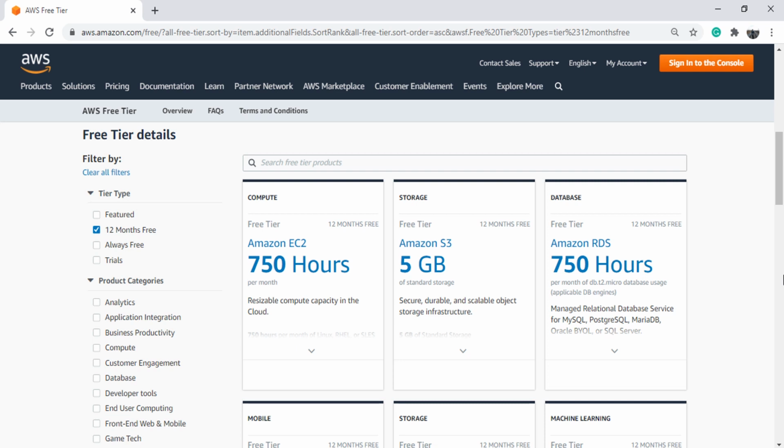I can also find the associated limits and try to use them within limits. But how do I track it? I mean, I created an EC2 instance using the T2 Micro type. I have a new account, so I know EC2 is available to me under the free tier for 750 hours. But how do I know how much I already used? What is the leftover? Can I get an alert of crossing a limit?